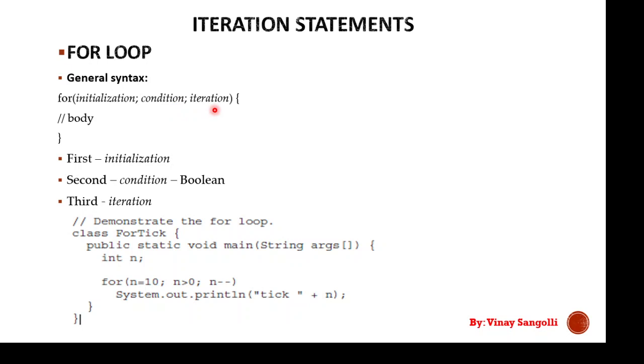iteration. So the initialization part is where your loop is executed, that is, here you will initialize a variable. Next is the condition part. The condition part is evaluated. Usually it will be in the form of a boolean, whether true or false. Once this condition part is evaluated, next comes finally your iteration. This iteration is important if I want to run a loop multiple times.